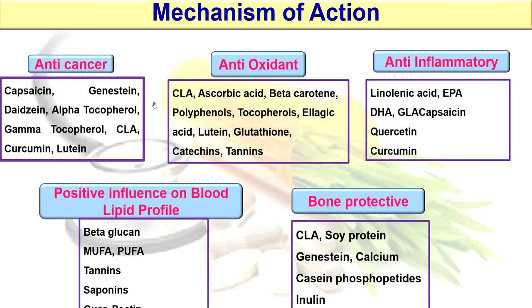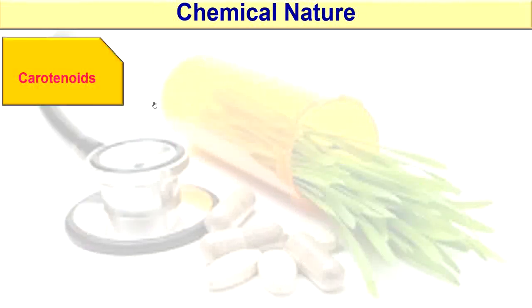When you say positive influence on blood lipid profile, beta-glucan, MUFA, PUFA, tannins, saponins, guar, pectin are playing a very important role in reducing lipid profile. And bone protective ones are CLA, soy protein, genistein, calcium, casein phosphatides, inulin, which are good bone protective nutraceuticals. When you say chemical nature,